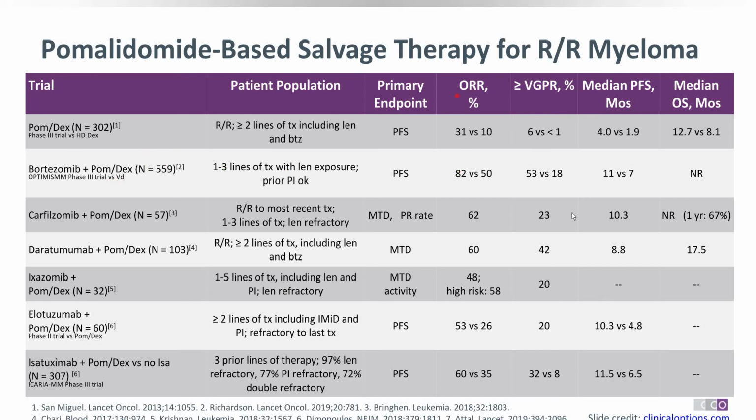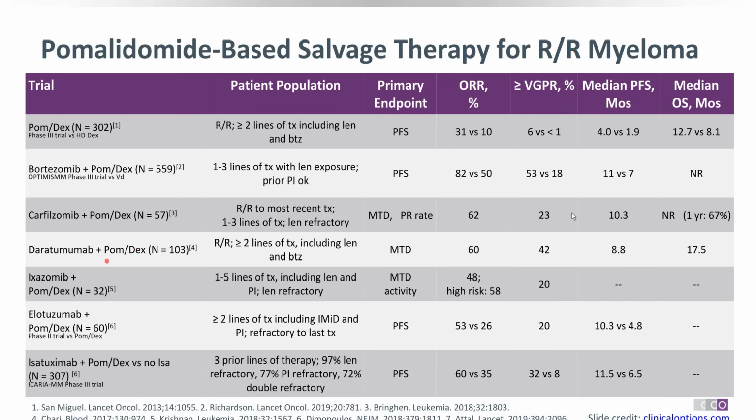And here also they are showing a good overall response rate, 82% as compared to 50% with Lendexa only, with PomDexa. Here the other arm is definitely PomDexa, and the experimental arm is bortezomib PomDexa, 82%. Median progression-free survival again 11 months, median OS not reached. Here overall survival is low. I think it is not the early relapse. All these patients which I am going to discuss in this slide are supposed to be late relapse. Therefore, they are labeled as relapse and refractory, double R and R.